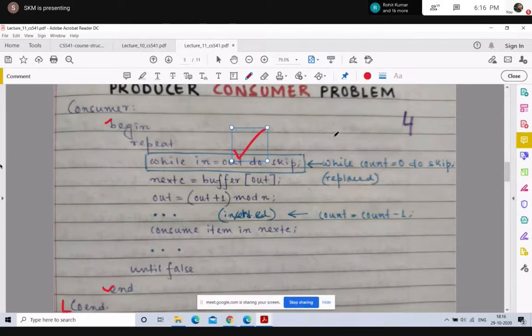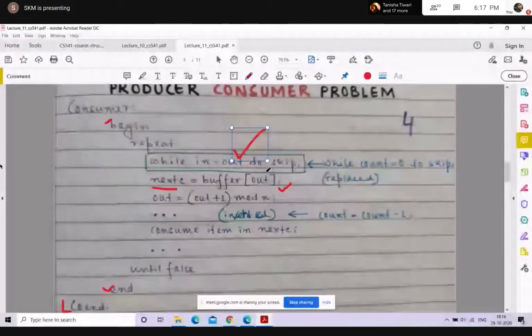Now when in is not equal to out, that is there is some item in the buffer the consumer can consume, it will execute this statement. It takes that item from the buffer following the out pointer into the variable nextC. It will load that item from the buffer using this out pointer into your nextC. Out is basically the location of the buffer now.